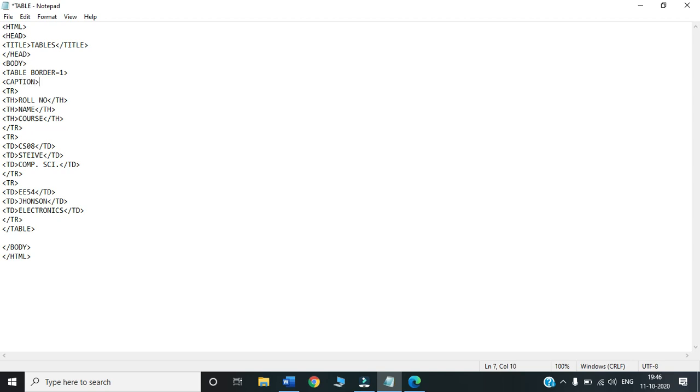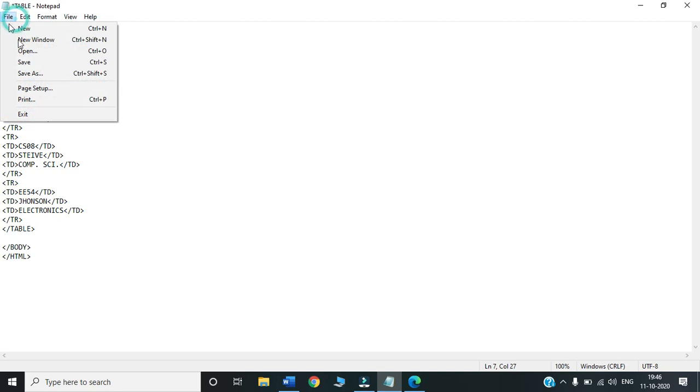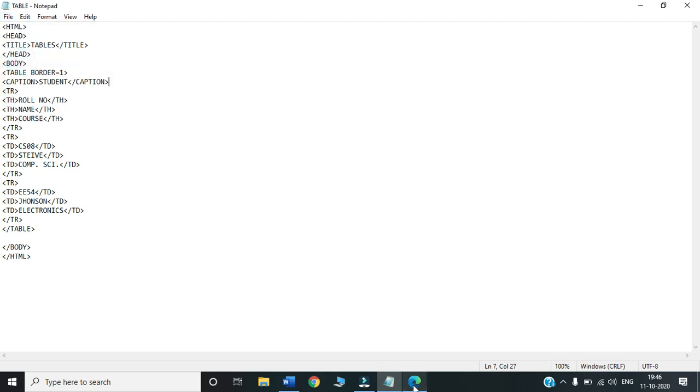So this caption will give me the name of the table. I will close caption. As I told you, every tag that we use, including the table tag, is a container tag. So let us save and see what happens. And see, this is the name of the table displayed.